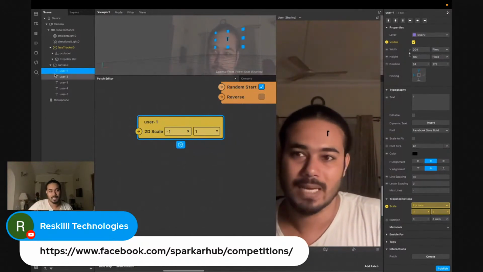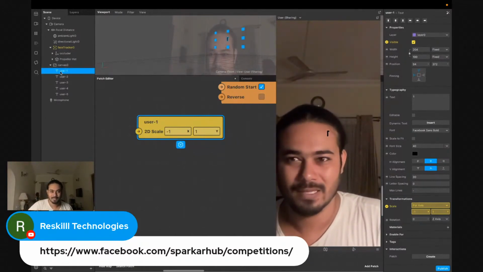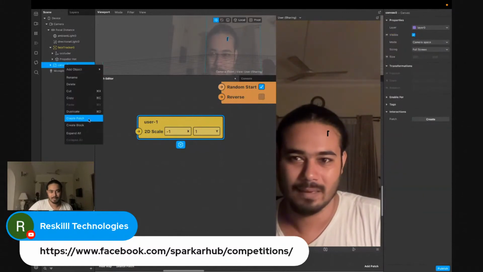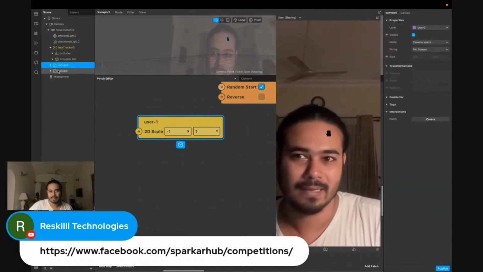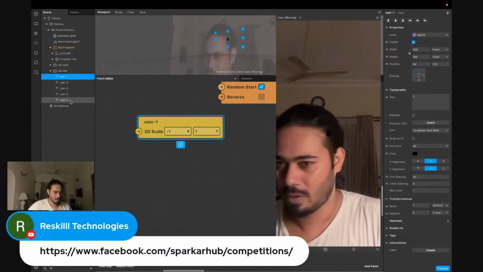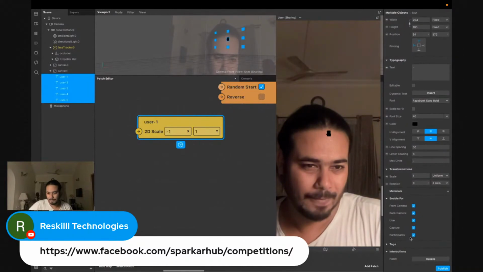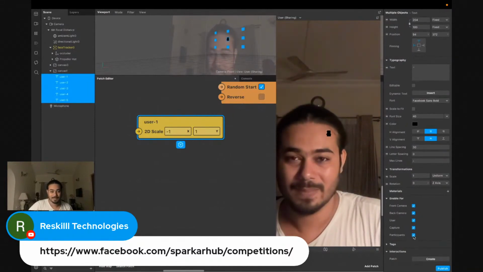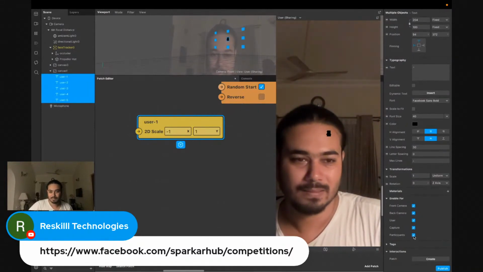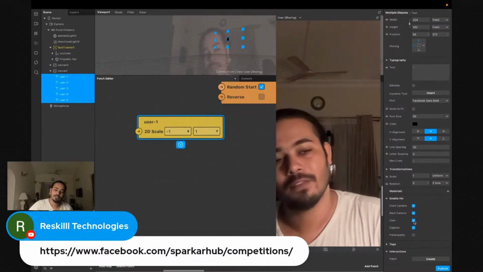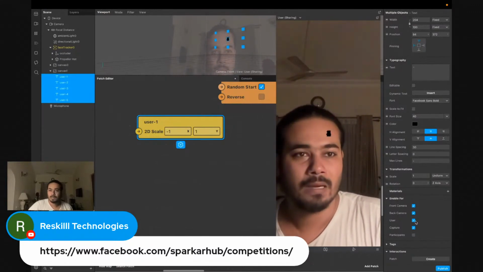And to do that, there are a couple of methods that you can use. You can duplicate it also. If you duplicate it, all of these things should be enabled for, let's say, participants here. So when you do that, if you uncheck it, then this is only visible for the user.